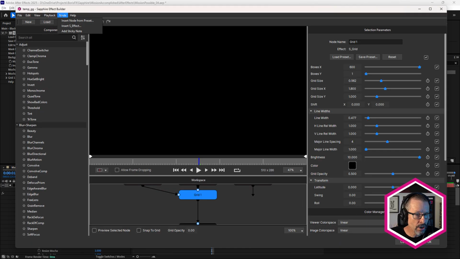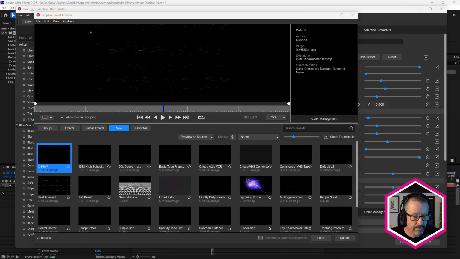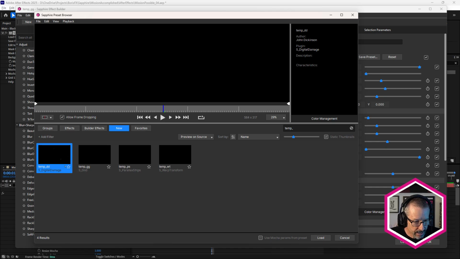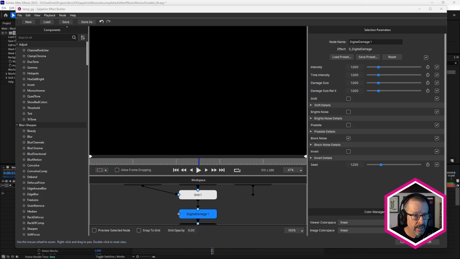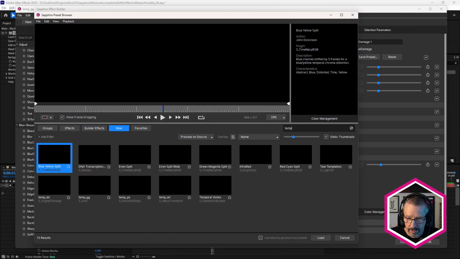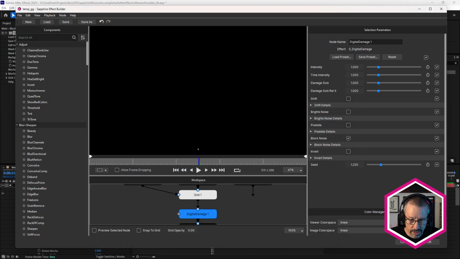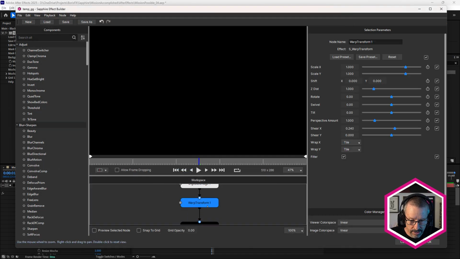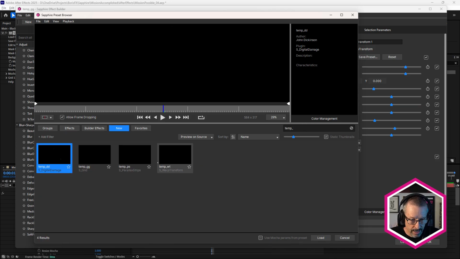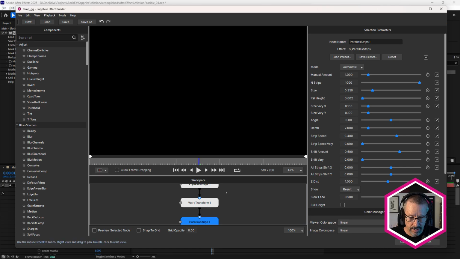And let's just add the other ones. So we have to choose node, insert node from preset, and just do this a couple of times. So temp, next is digital damage, node, insert node from preset. Next is warp transform. We can't do them all at once just yet. And don't click load because that will load an individual preset. Insert node from preset, temp, and parallax strips. That's basically it. It's got all of the settings.